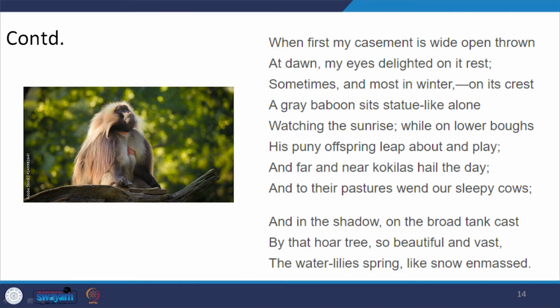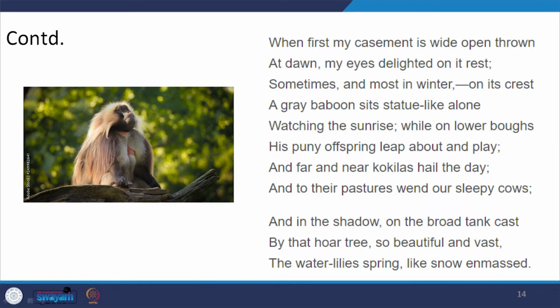his puny offspring leap about and play, and far and near kokillas hail the day, and to their pastures wend our sleepy cows. So it reminds us of the rural settings of Indian life, and at the same time the child's view of the outside world. But as the poem progresses, we can find Toru is reminded of her own painful and at the same time sweet sour memories. So Toru has developed a sort of association with the tree, and she says,